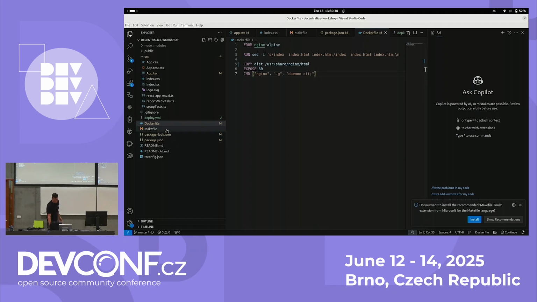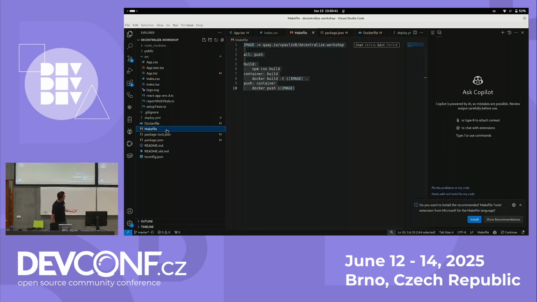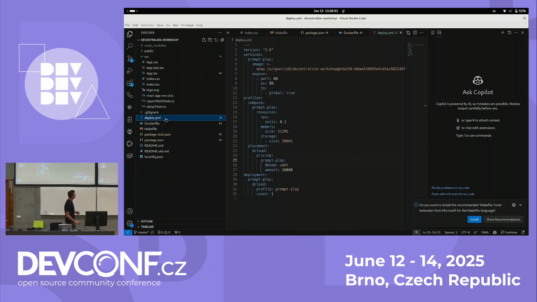So that's very easy. I've also defined this very simple make file that allows me to just run make, and it will build the application, build the container, push it, and publish it. And then this is the manifest that is used with Akash. You can see that it's quite similar to Kubernetes stuff, and it is basically just an abstraction on basic Kubernetes deployments tailored towards decentralized cloud. So there is this section of, I want to pay this much money for some amount of time of running. We'll see how that actually looks when you try to deploy things.